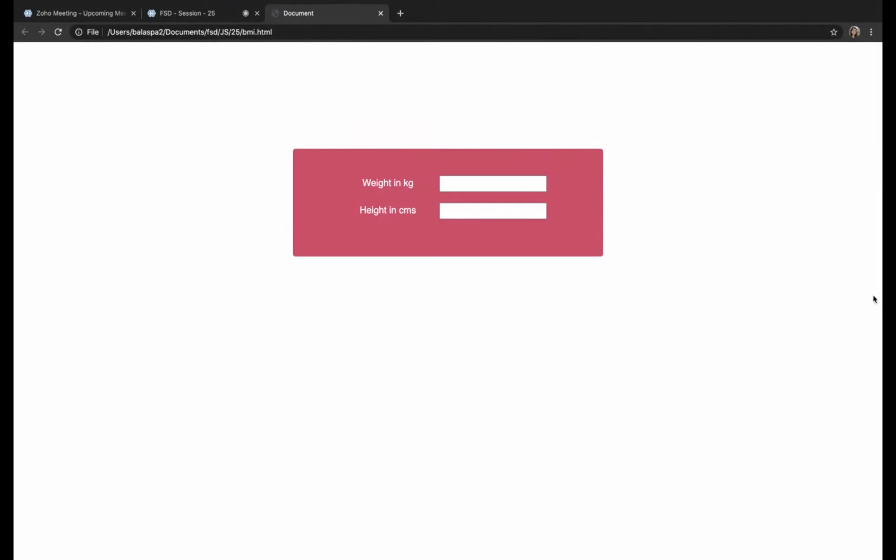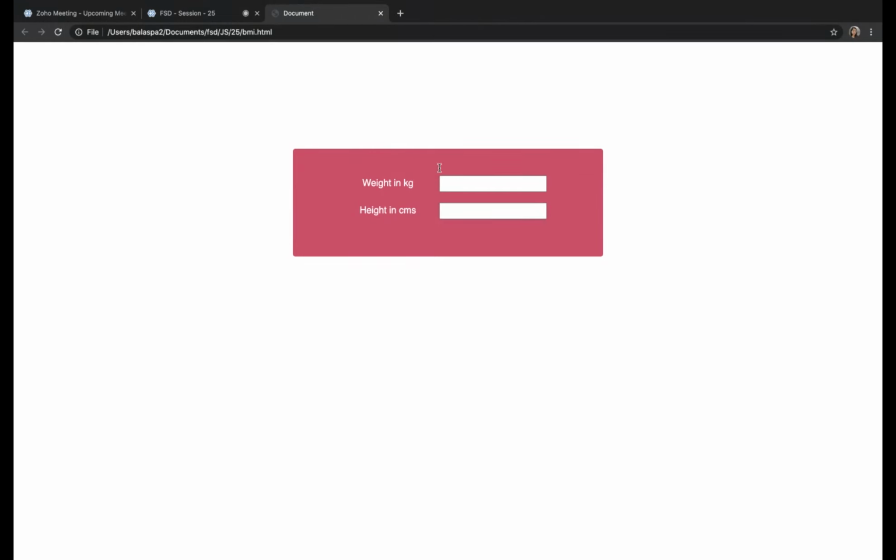Fine. So what I have done is I have just added two input boxes, and then I have given some styling, one background color, and then I tried to make it vertically center. I did some mistake. I will check it and correct it.